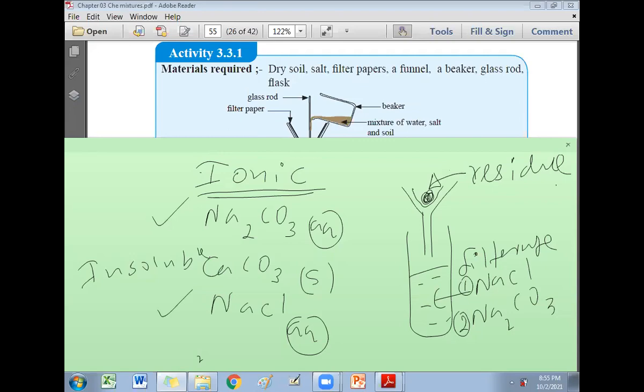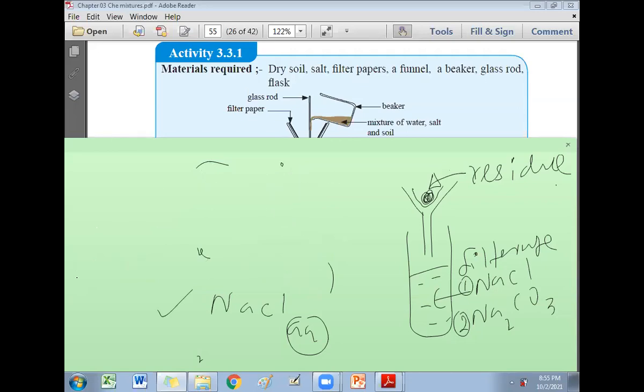That is the residue here. That also I wanted you to learn. What to write in the short notebook now? Most of the ionic compounds are soluble in water. But some ionic compounds are insoluble in water, right? Example, calcium carbonate, corals in the sea. So this is actually the main objective of doing the paper class: to improve your science knowledge.